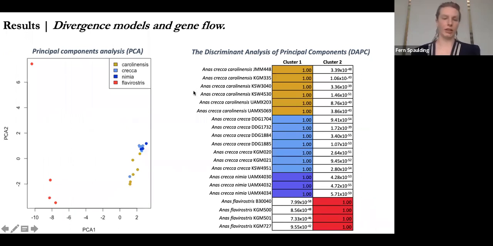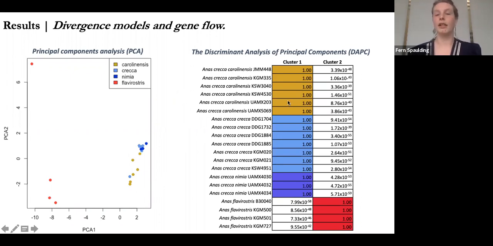So continuing on with the results from our ancestry analysis, here on the left-hand side, I have a plot of our principal component analysis. A principal component analysis explains variation in the data. And here we can see again that the 3 subspecies of Holarctic green-winged teal tend to cluster together. However, the yellow-billed teal, the South American sister taxon, does not cluster with the 3 subspecies of Holarctic green-winged teal.